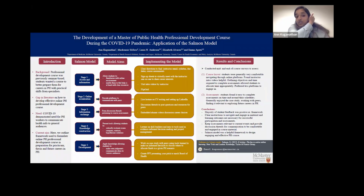So the aim here was to encourage students to apply that knowledge, allowing them to make their own judgment and communicate their ideas to various audiences. So here we utilize a public health case study, which was completed in groups. So the students' main responsibility was to participate as a senior management team at a local public health unit in